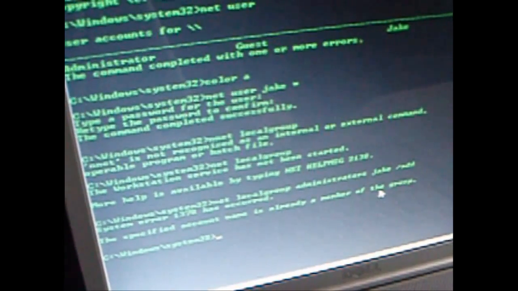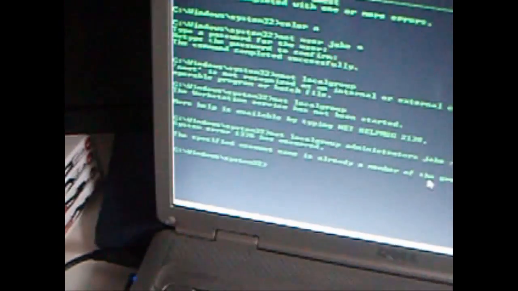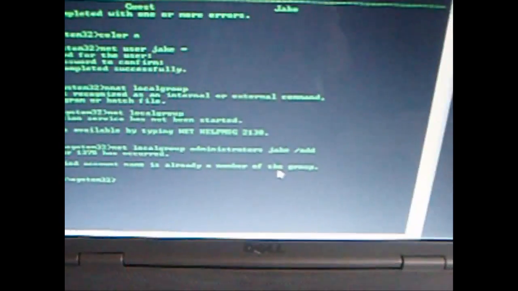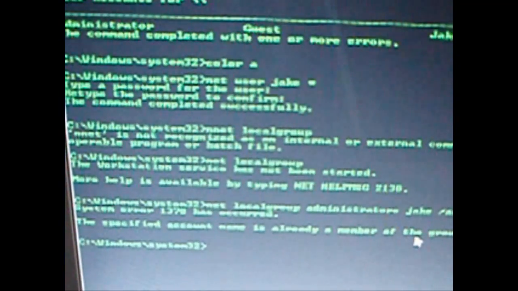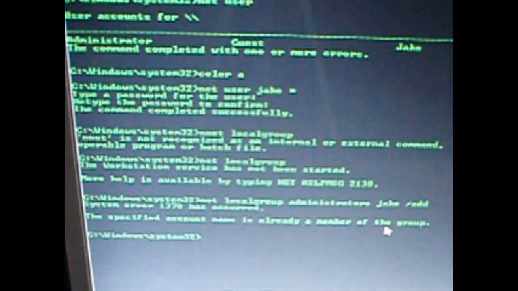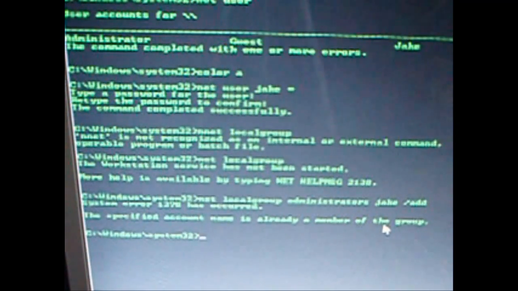All the commands are exactly the same on this as on normal command prompts. Which makes just using this a lot simpler. Right, I think that's all you really need to know. I'm not responsible for anything you do with these because I only showed you how to do it, I didn't tell you to do it. Now, to get out of this, it's literally just type in exit, and it closes,